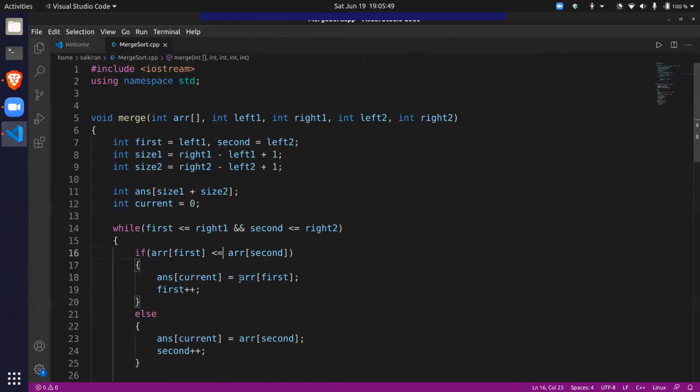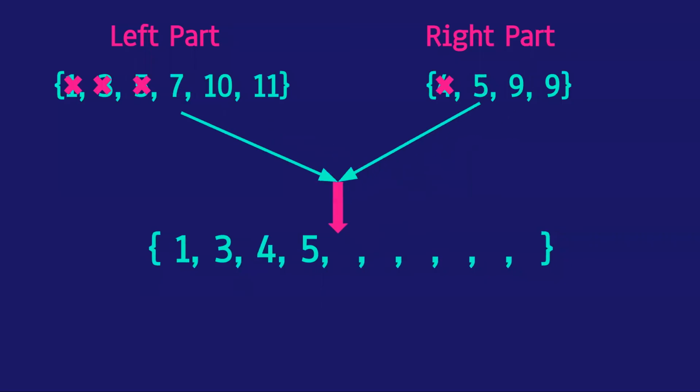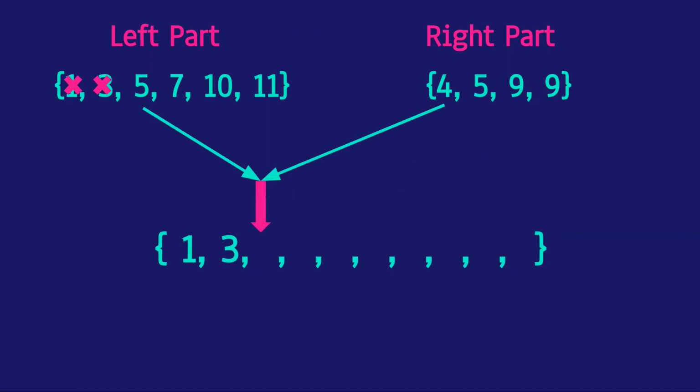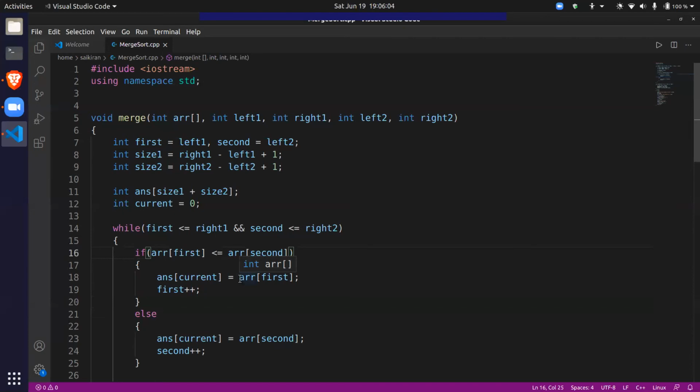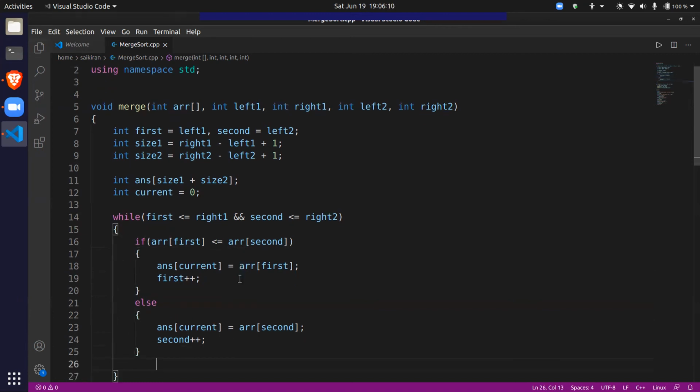Why less than or equal to? Consider this case. When we compare 5 and 5, 5 and 5 are equal, but we are taking the left one. So for that case, we have to put the less than or equal to symbol here. It doesn't matter actually, but we put it like this.